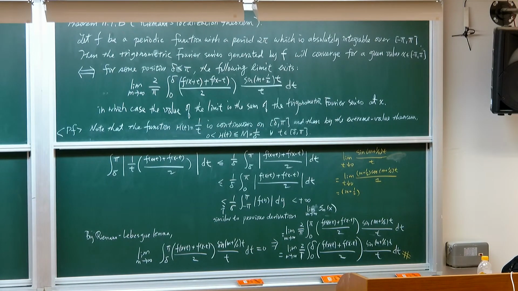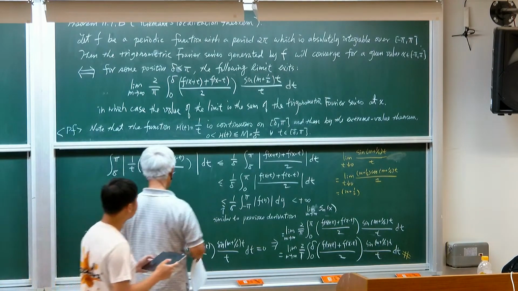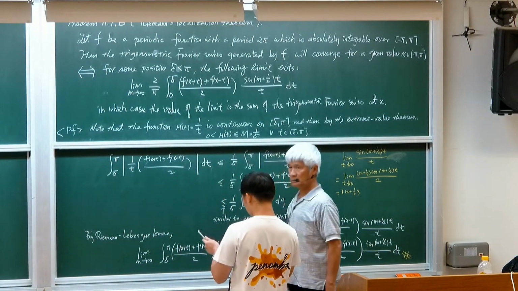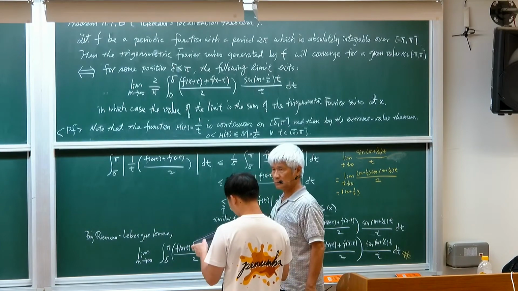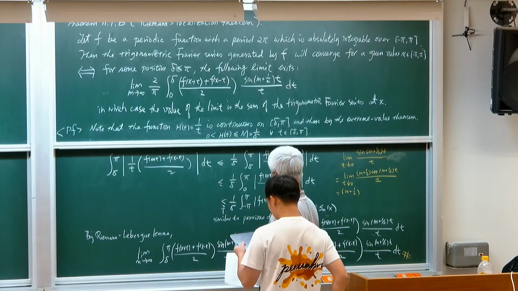You want it to be close enough to 0, but delta is never 0. So we need a limit, right? No, I don't need it. Because